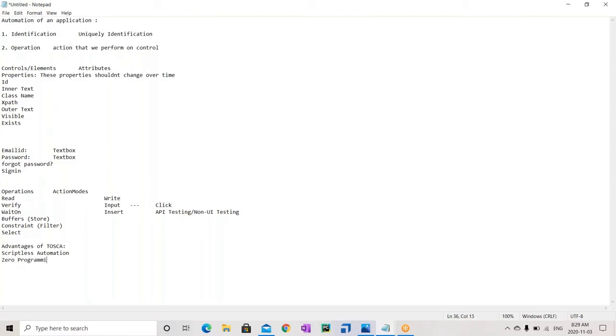So that is one advantage. And what else we can say? Friendly GUI, and anyone can easily adopt this, and we can start working very easily. And the reusability of the particular scripts is also very good.